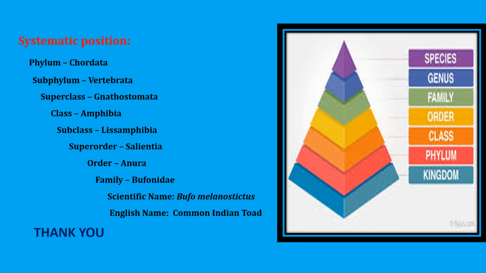No, it's not inverted. Why not? Because you see the index. In opposite direction it has been written. First species, then genus, then family, then order, then class, then phylum, then kingdom. Like this. But if we start from phylum till scientific name, then it will be an inverted pyramid.